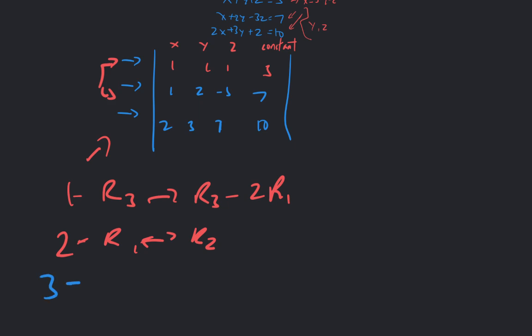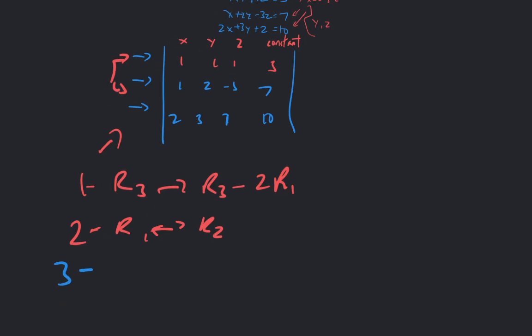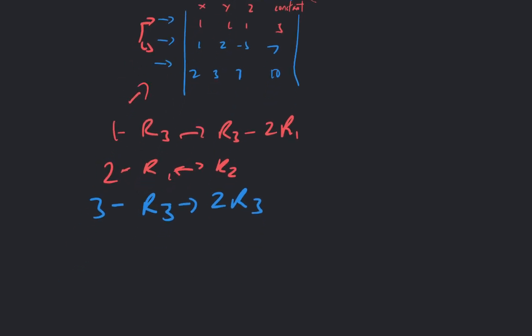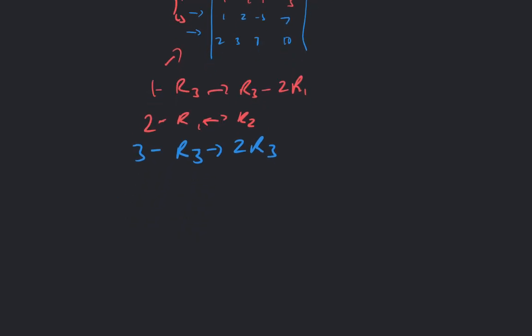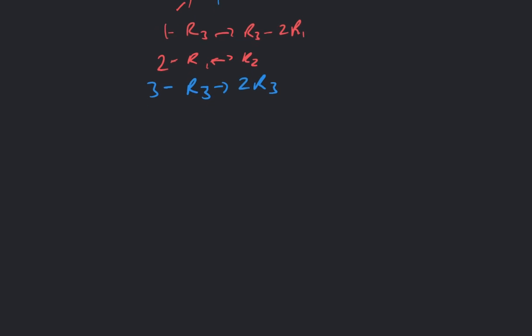And then 3, multiplied by any non-zero constant. So that could be R3 is now 2R3. So that means this entire row would get multiplied by 2. Maybe I'll do this example, but maybe not. But when we row reduce, if it comes up with a solution like this,